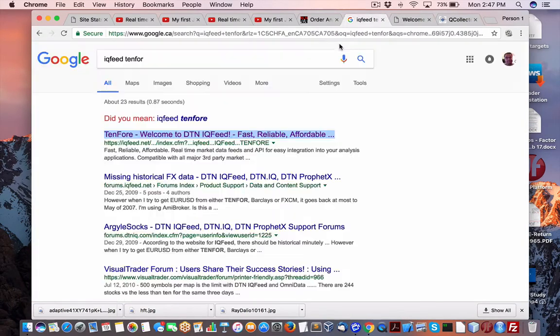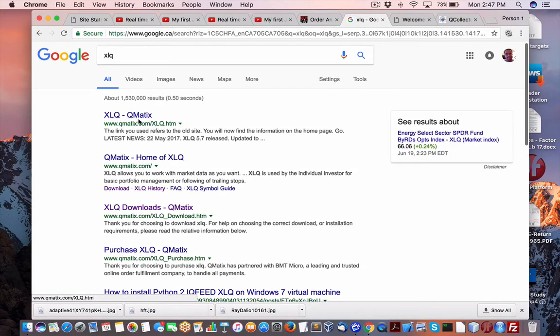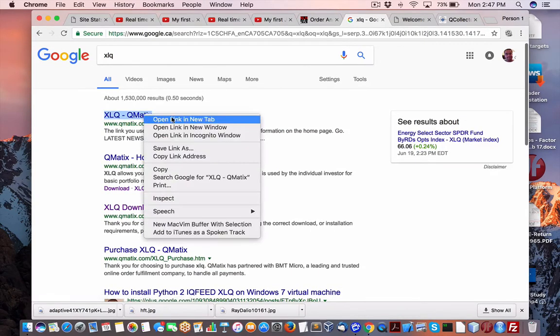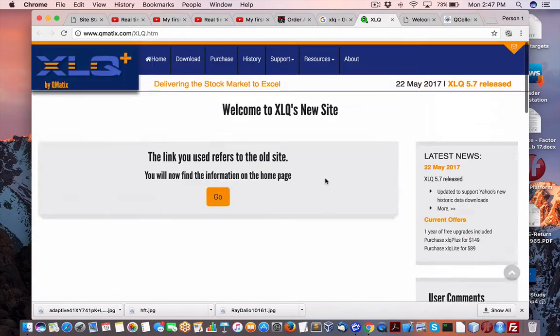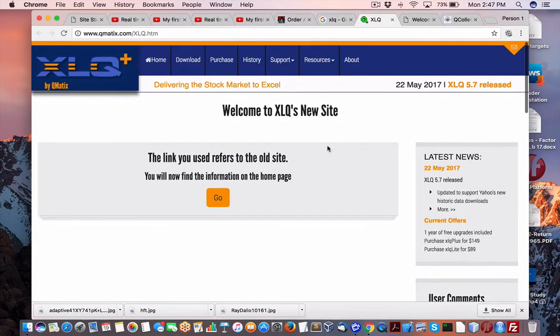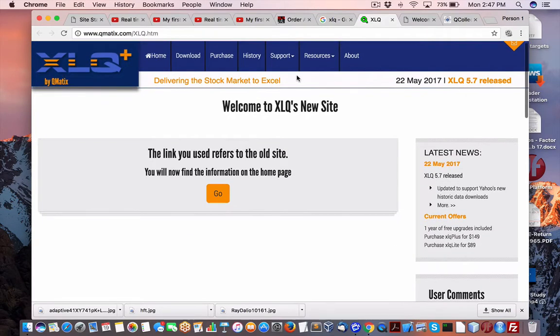Now, the other tool that I really like is a tool I call XLQ, from a company called Qmatics. Even if you don't program, this is a very useful tool. It enables you to access all your typical technical analysis techniques using XLQ, using Excel VBA if you want, and it enables you to access IQFeed as a data source.